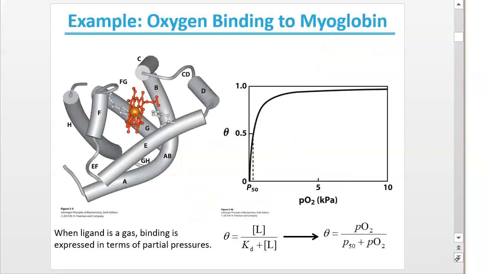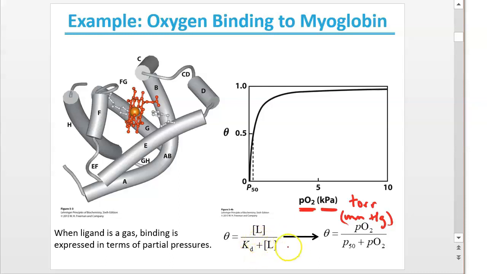When we are talking about myoglobin and hemoglobin, it's really hard to measure the molarity of the ligand because the ligand is oxygen, which is a dissolved gas, and so it's easier to measure the partial pressure of the dissolved gas, and that is indicated, since it's oxygen, the PO2. The metric system unit of that is kilopascals. In general chemistry, you might have used atmospheres or torr to measure that. Torr is a millimeter of mercury. I know that's hard to get your head wrapped around, but it's the amount of pressure that would raise a column of mercury to 1 millimeter. And 760 of those equals an atmosphere.